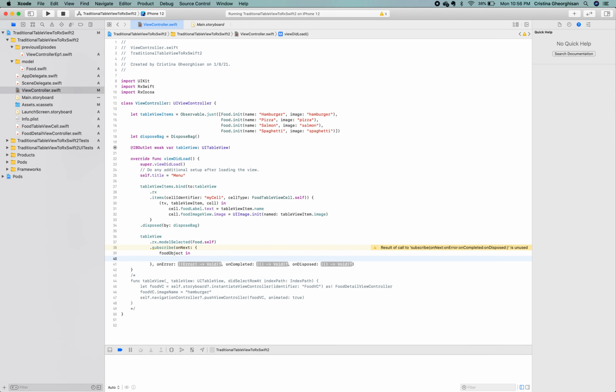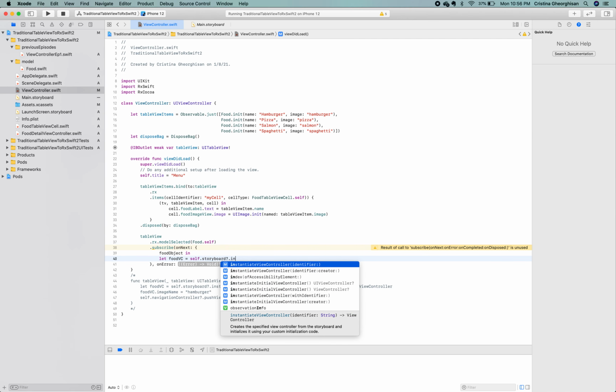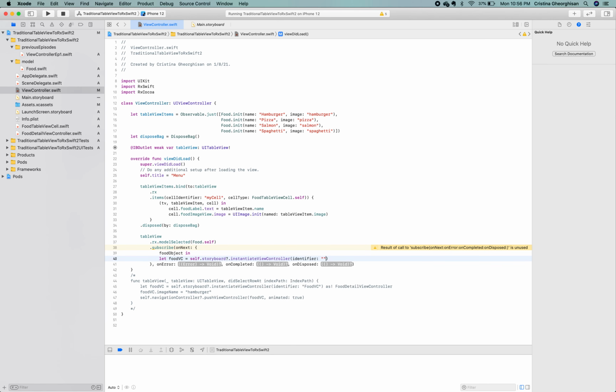Let's instantiate the FoodDetailViewController from the storyboard: self.storyboard, instantiateViewController. It's identified by the foodVC identifier.